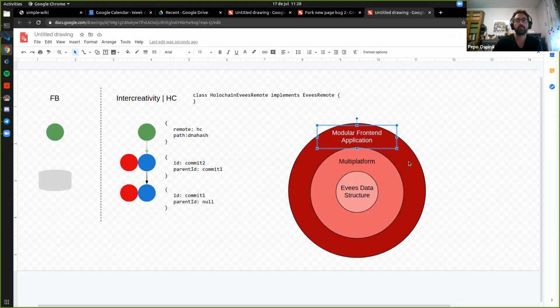So it's like Facebook doesn't just create a single page application that is a bundle of stuff that cannot be reused, but they create the component, the post editor, and the buttons of like and reply.